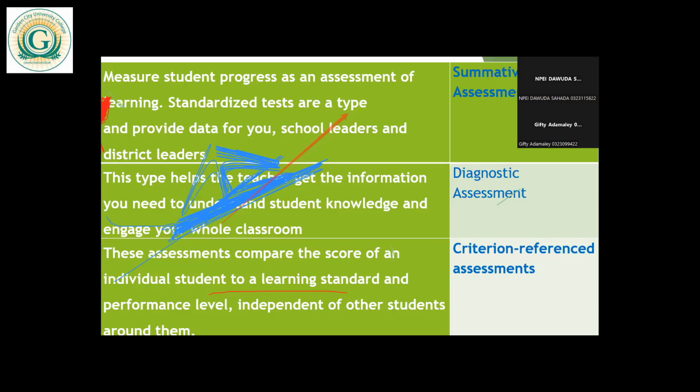The last person. Yes, sir. Per what we have learned, when we go for workshops, they give us pre-test and post-test. So it means that they use both the diagnostic assessment and the summative assessment when we go for workshops. Yes, please, that's a good conclusion. At the beginning, they give a diagnostic assessment. Then after the entire workshop, they do the summative assessment at the end. So that is true. Thank you.